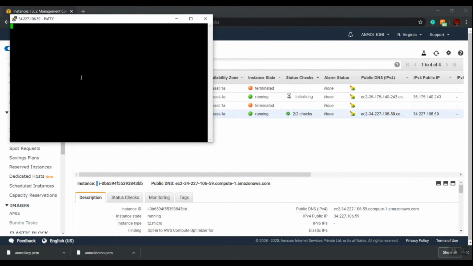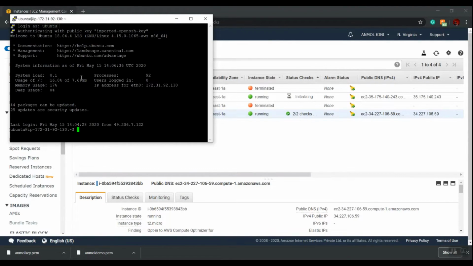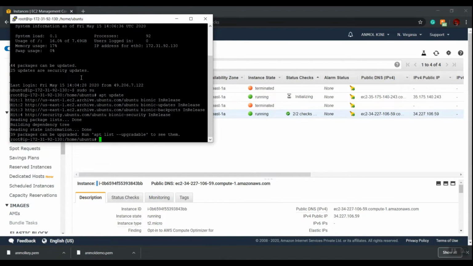We are again going to log in as ubuntu. Now become the root user, sudo su. Let us update, apt update -y. Let us install Apache, apt install apache2 -y.